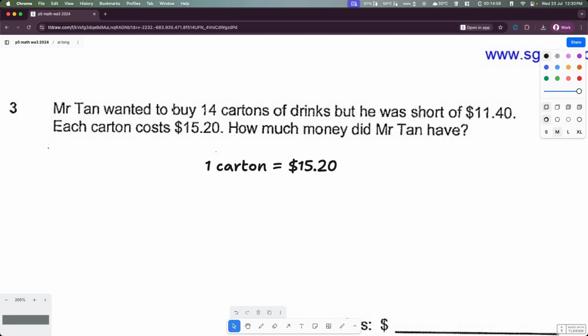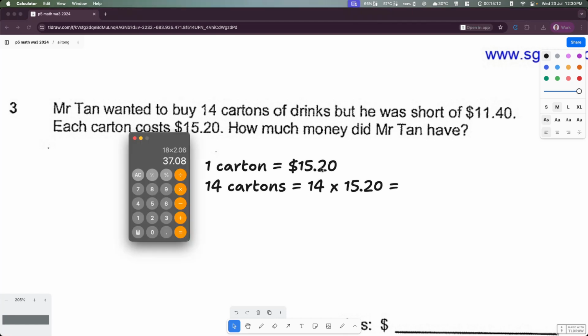And then we also want to know how much is 14 cartons. So 14 cartons is equal to 14 times 15.20. Use our calculator again. 14 times 15.20